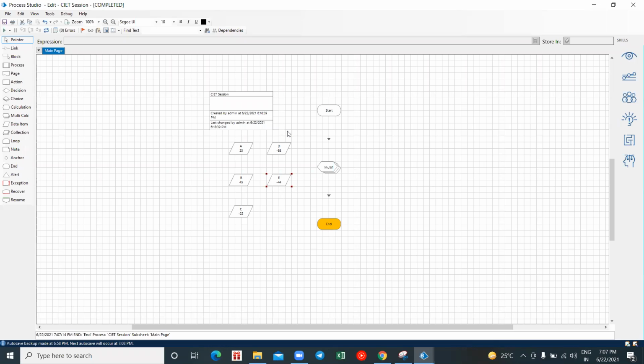No, right? That's the reason we go with this particular technology. Just drag a multi-calculation stage, give the operations you want to perform and click on go. You can see your result over here. So are you all clear with the multi-calculation stage, guys?